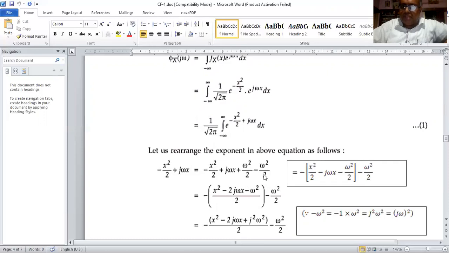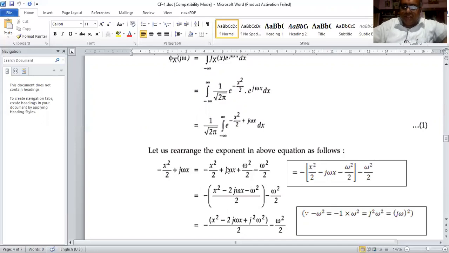You may ask, sir, how can I decide what I should add and subtract, and what I should not? See the format of the first expression, the quadratic term. Quadratic term is power of 2. So add and subtract a similar expression which is equivalent to the quadratic. So here the missing term is omega squared. That's why I shall add and subtract omega squared by 2. This is the most important step here. So I am adding omega squared by 2 and also subtracting the same.